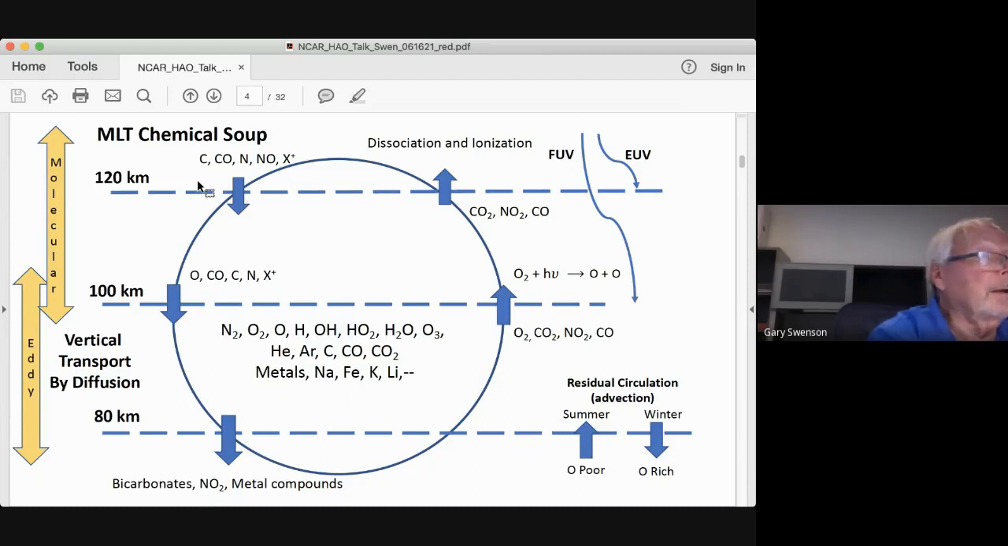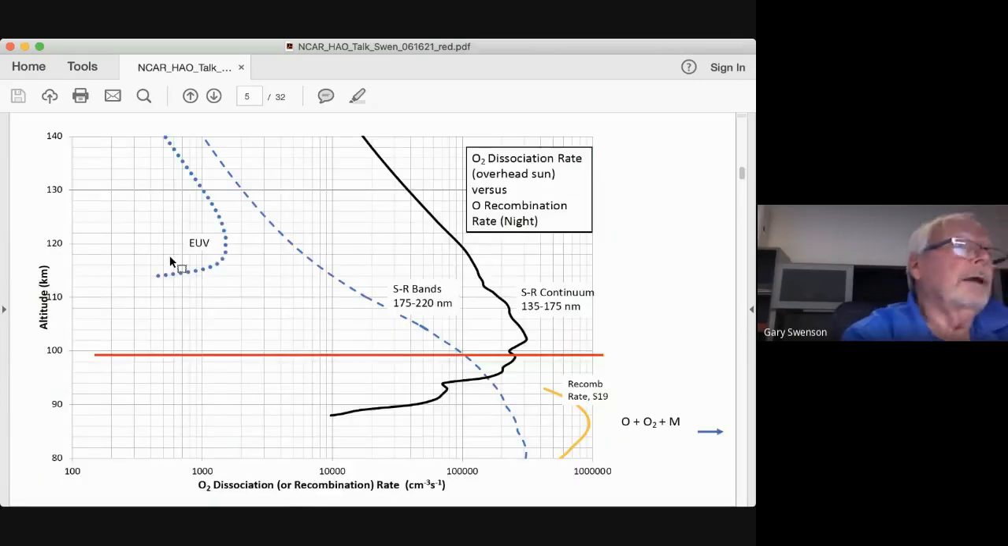We take cuts and pieces of this, and mostly I'm going to talk about just the eddy process today, the far lower left. Next. Okay, so